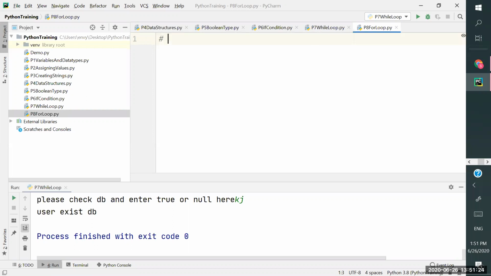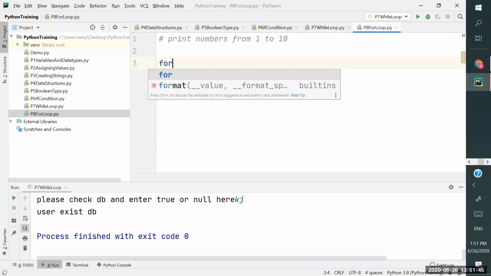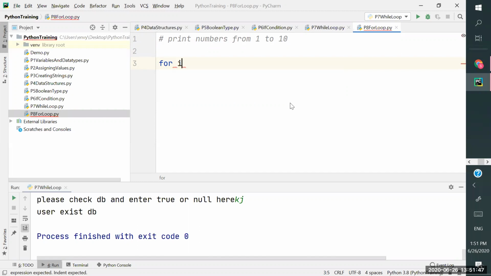The first thing, print numbers from 1 to 10. In other languages, we have initialization, incrementation, condition, those kinds of things. But when it comes to Python, we do not have that kind of stuff. We need to use something called range.